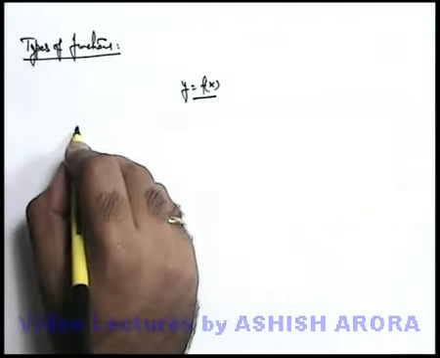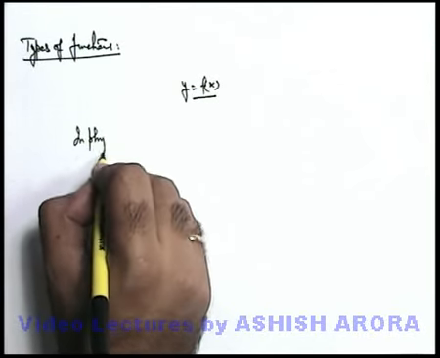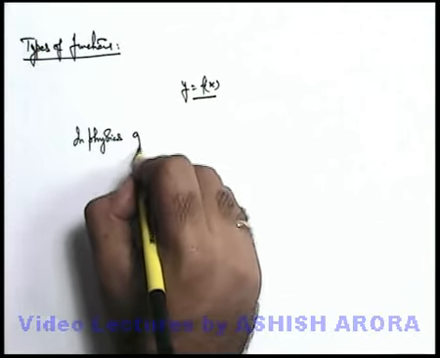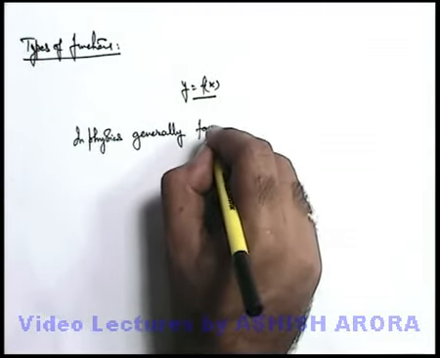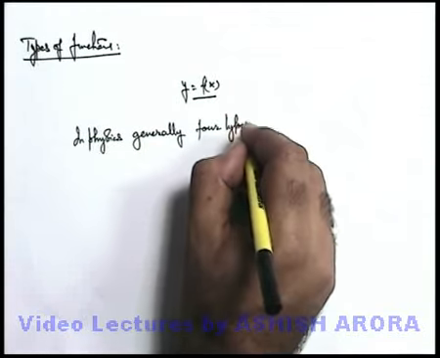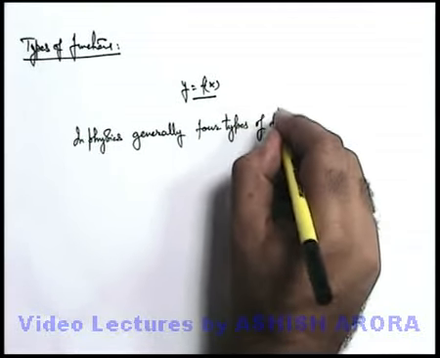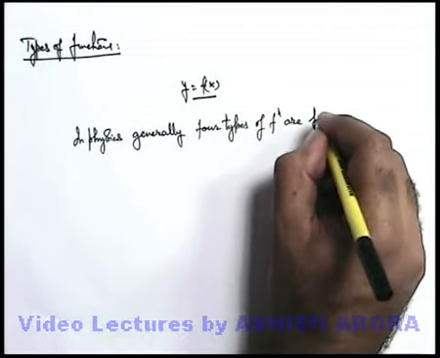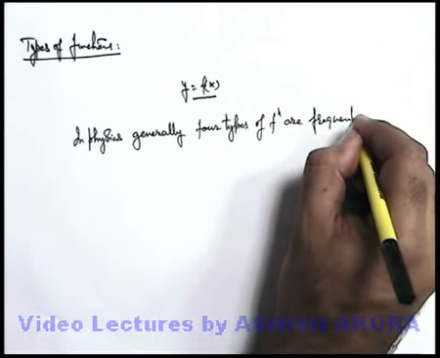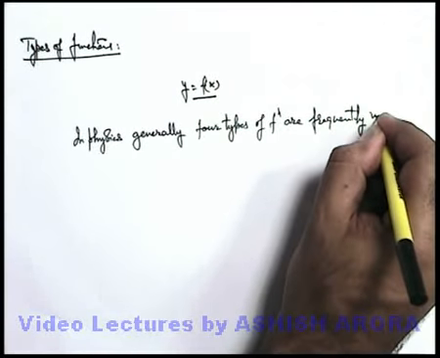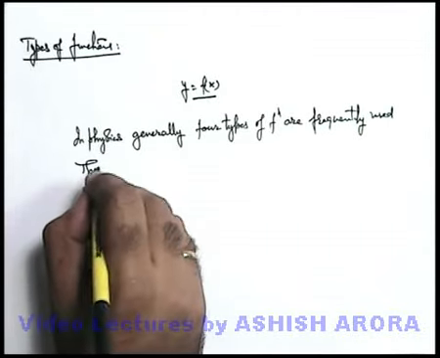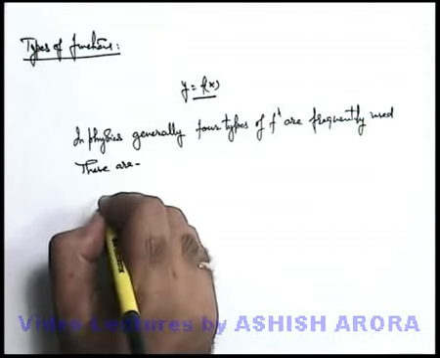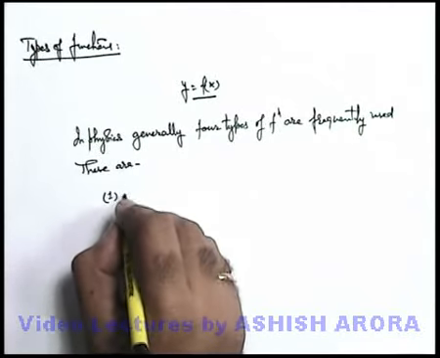Now, in physics, generally 4 types of functions are frequently used. These are: number 1 is